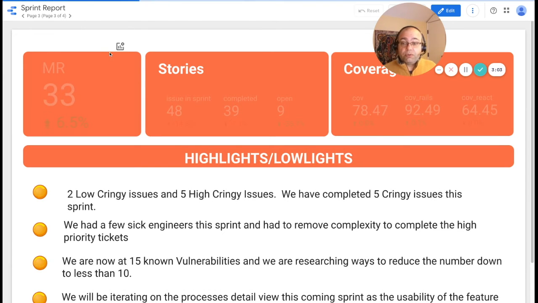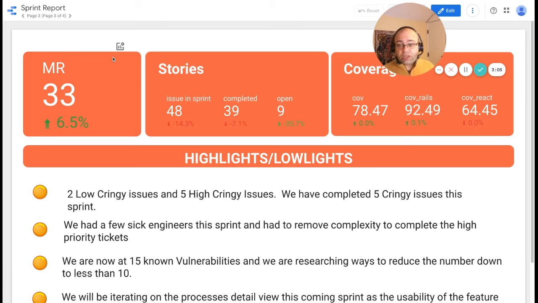So this sprint, we had 33 merge requests. In the sprint, we had 48 issues. We completed 39, which means that there were 9 left open. In terms of code coverage, it hasn't moved from last sprint at 78.47%. So as it stands right now, we have 2 low cringy issues and 5 high